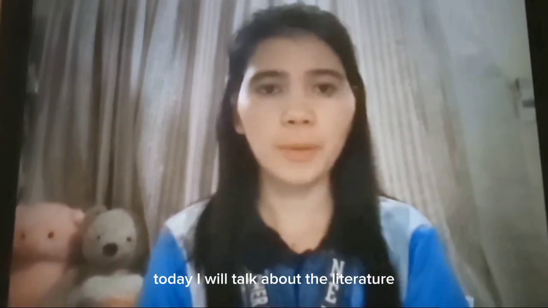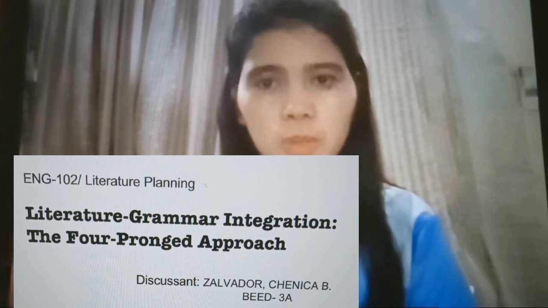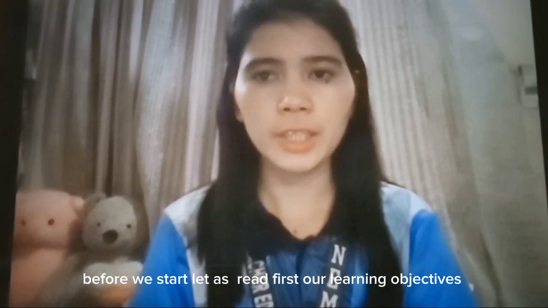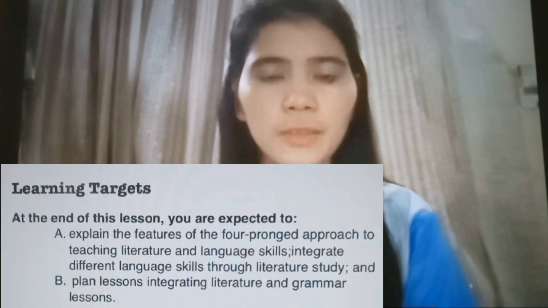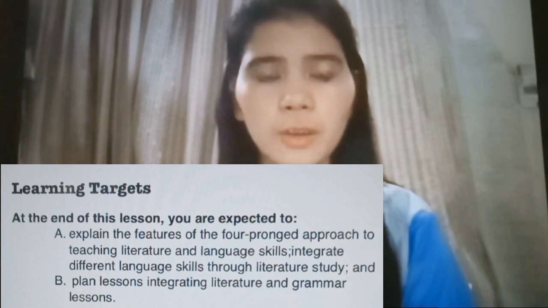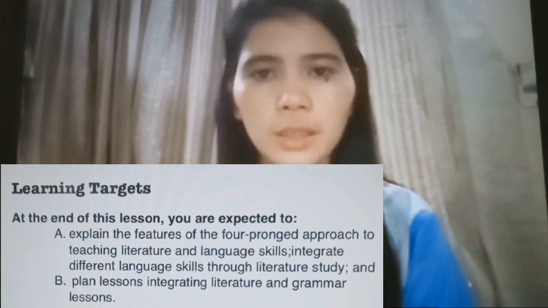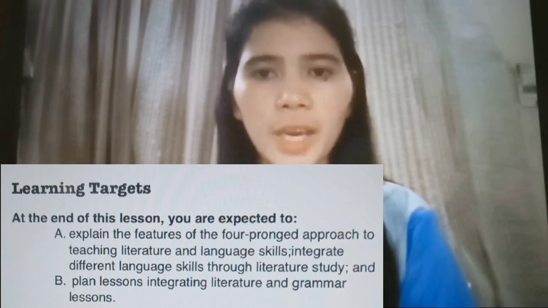Today, I will talk about literature, grammar, and conclusion, the four-prong approach. So before we start, let's read first our learning objectives. At the end of this lesson, you are expected to explain the features of the four-prong approach to teaching literature and language skills, and integrate different language skills through literature study, and second, plan lessons integrating literature and grammar